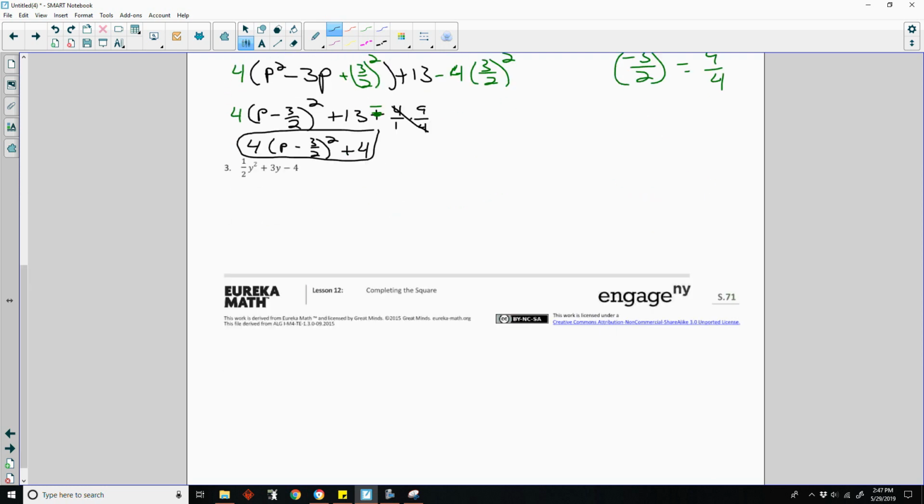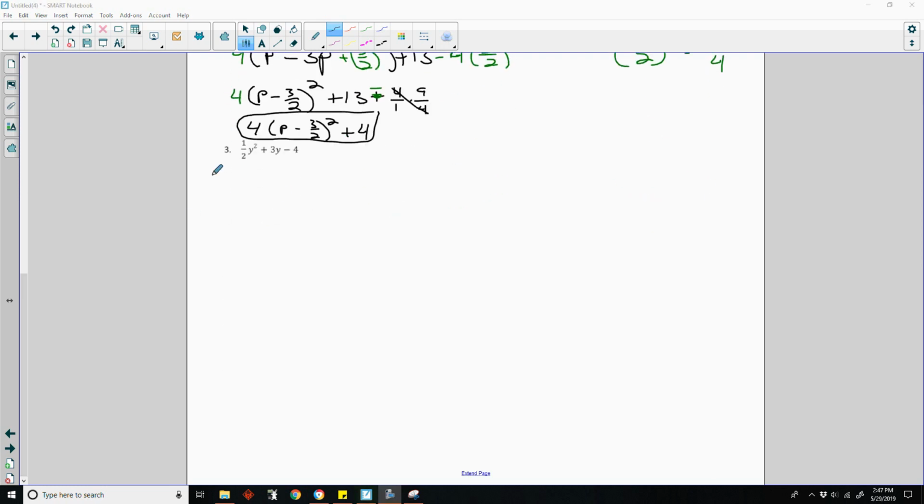Okay, last one, number 3. Okay, this time a is a half. It's a fraction. Same thing. We take a half. I wanted to color code that. We take a half. Let's use red again. And then take parentheses and put our y's inside. Y